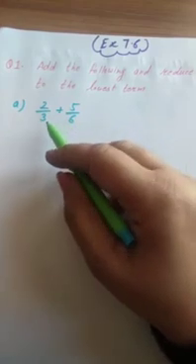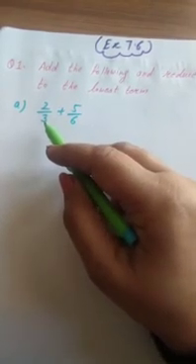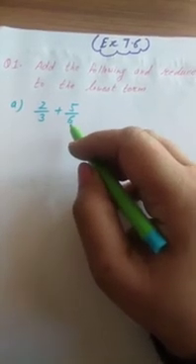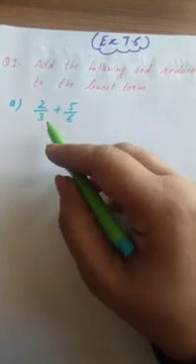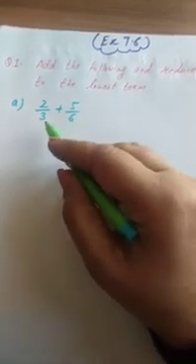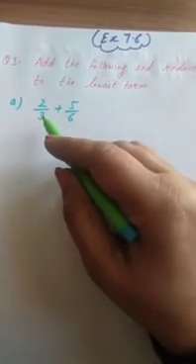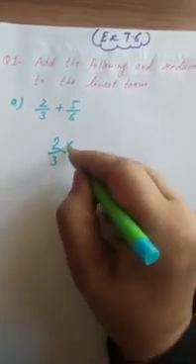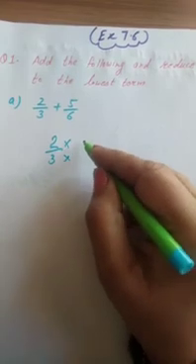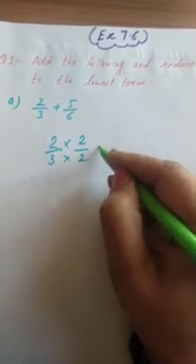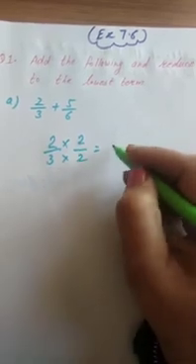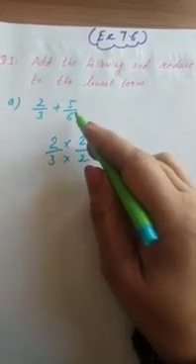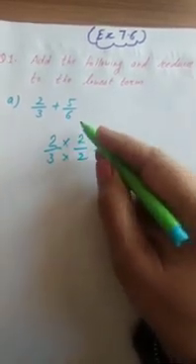To make them like fractions, you just try to convert the smaller denominator equal to the bigger denominator. Like here you have 3 and 6. Two denominators are there. So we will try to make 3 equal to 6. So how can we make it? By multiplying numerator and denominator with 2, we can make the denominator equal to 6. Here we will get 2 2s are 4, 3 2s are 6. And the second fraction is already having denominator 6.